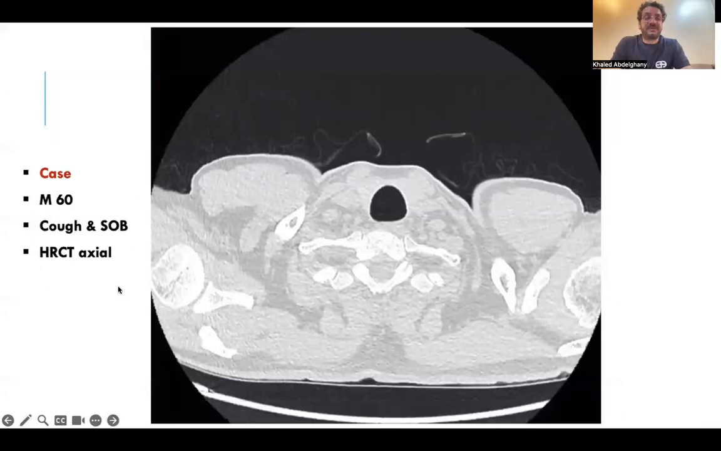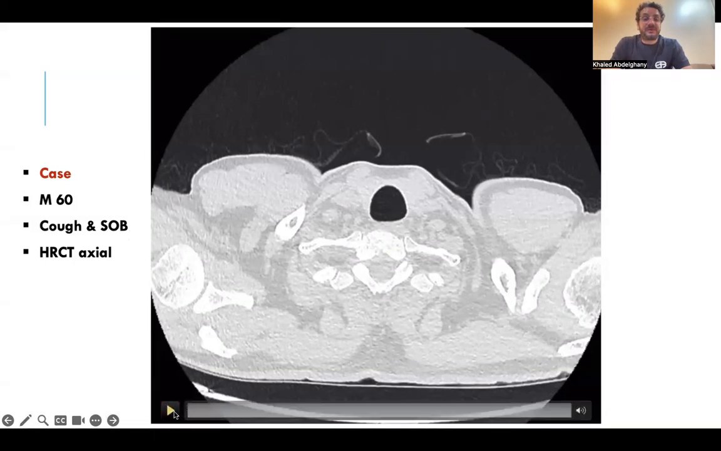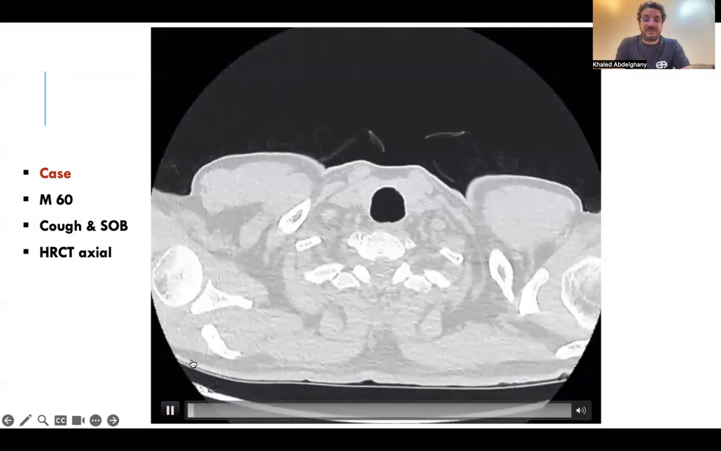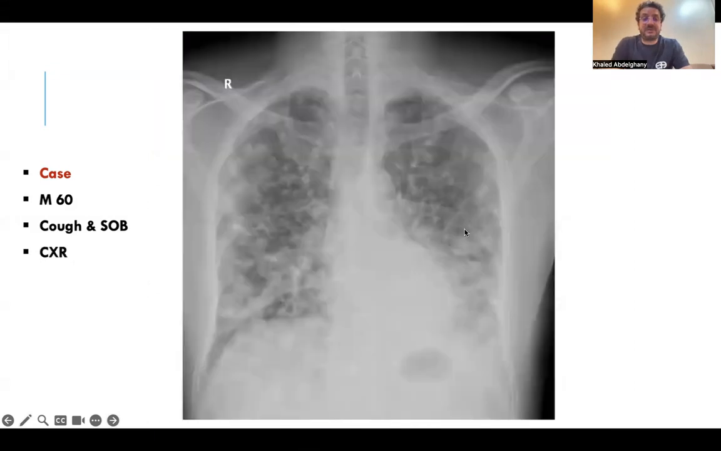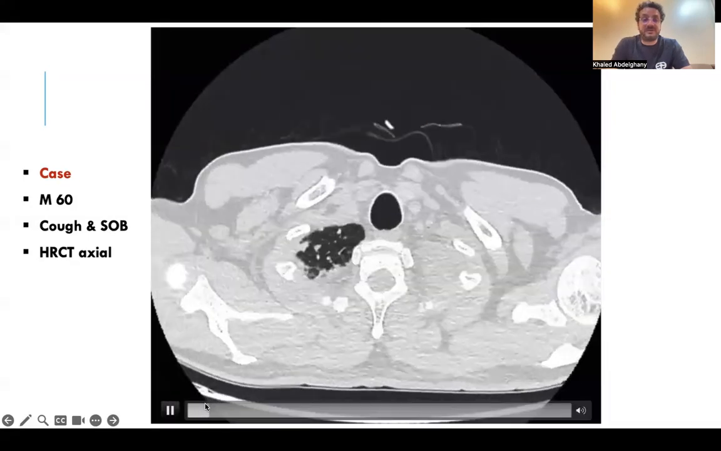This case was recently shared on Twitter: a male, 60 years old, presented with a cough of 1 month duration. When he developed shortness of breath, he was admitted by the ER, and after doing an X-ray, this is the X-ray showing widespread nodular opacities in the chest, and he underwent high resolution CT,